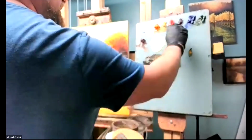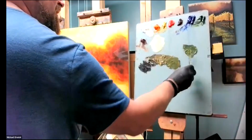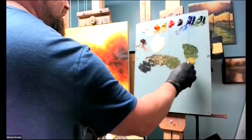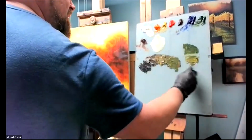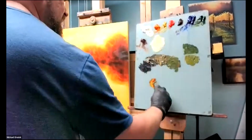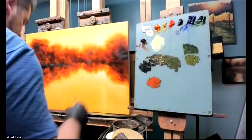So let's just see what the yellow gold does with the sap green. Oh, it's lovely. Yeah. That is gonna work, I bet. There are going to be reds and oranges in this as well, in the trees and the leaves. It is a fall painting. That's really, really, really